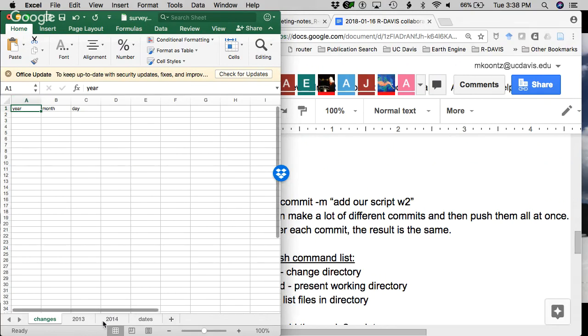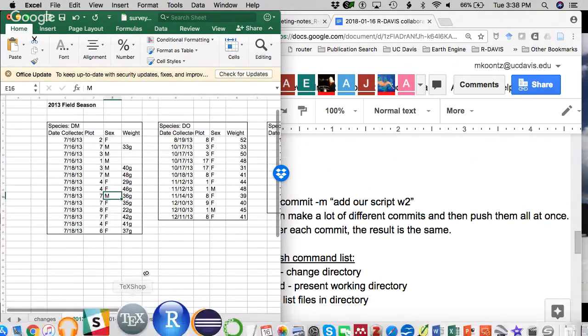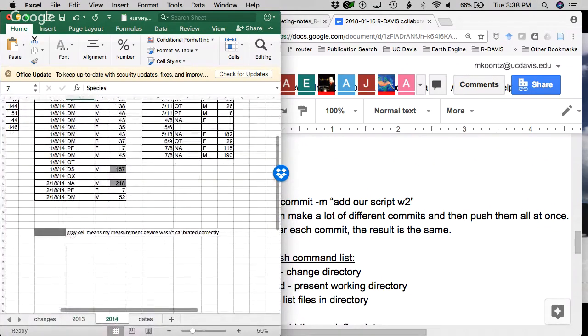How about you need a notes column for the non-calibrated? Yes. Which sheet was that on? 2014. Okay, so here we have some data. Gray cells means the measurement device wasn't calibrated. So these couple of measurements,